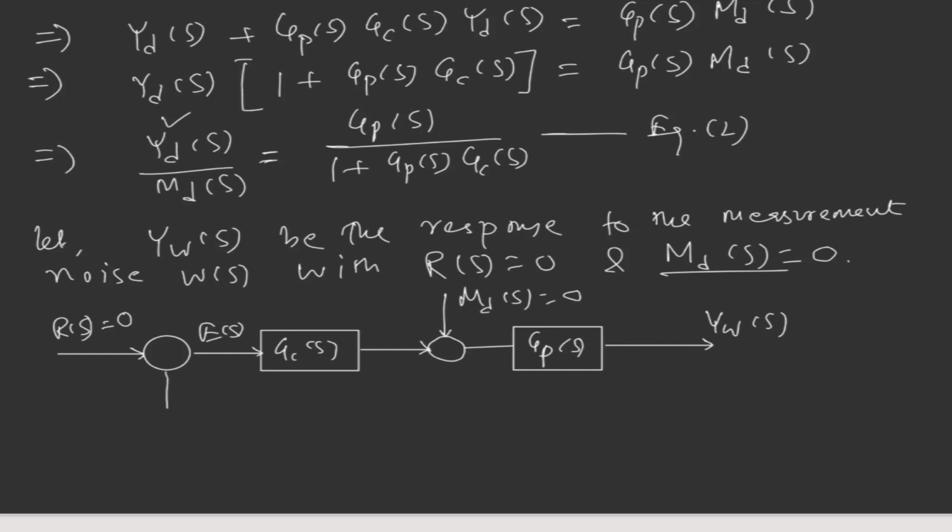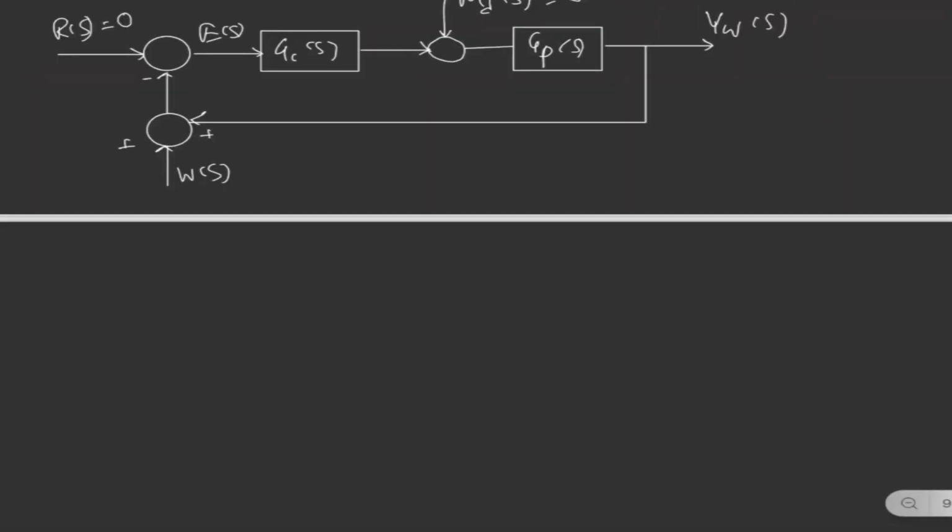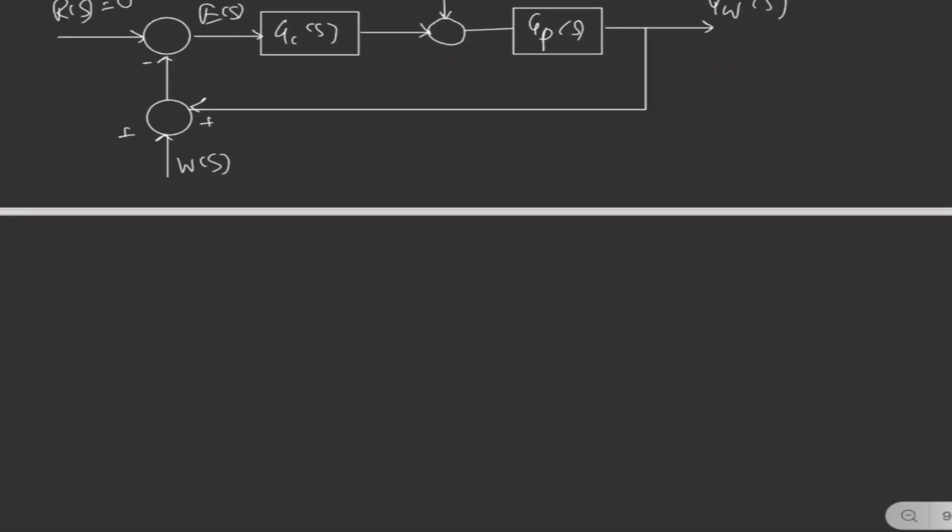And here we are assuming there is a summing point where W(s) is acting, and this is my feedback loop. This is plus, this is plus, and this is a negative feedback. From this figure, let's call it figure number 4, we can write